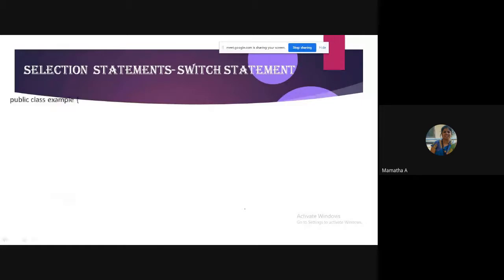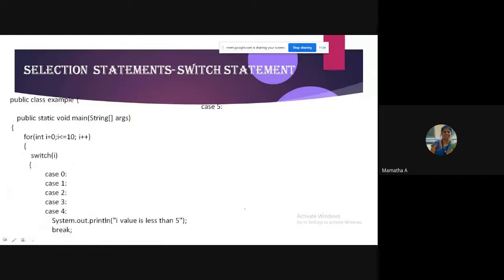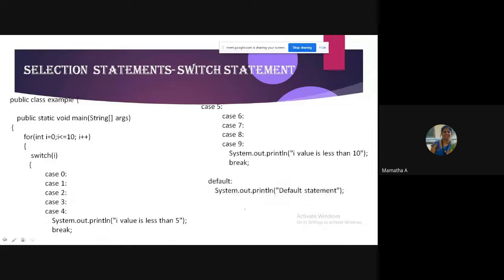Okay, I have a small program for you all. Just give me the output. What is the output for this? Quickly. How many lines of output will you get? What are all the outputs? Okay, what is the first line of output at least?